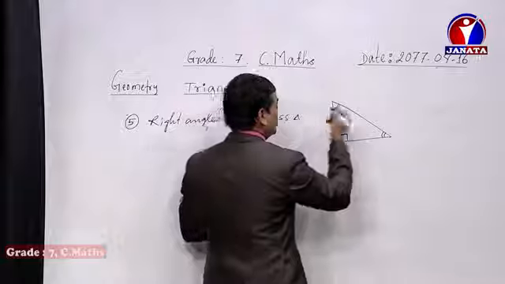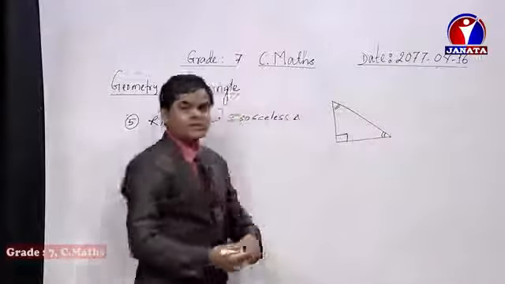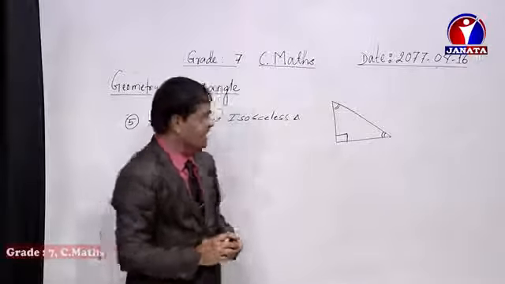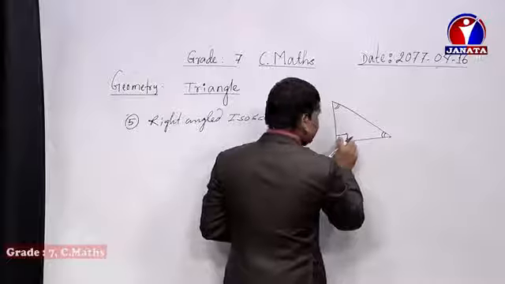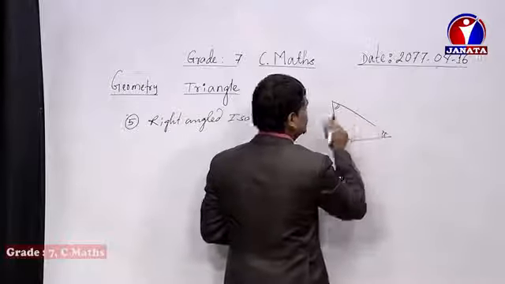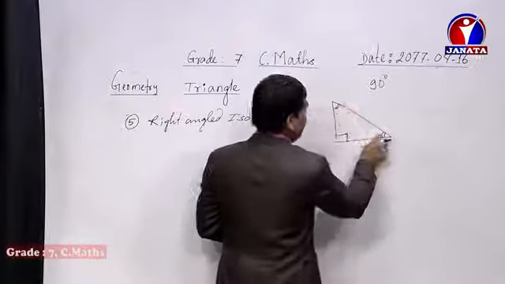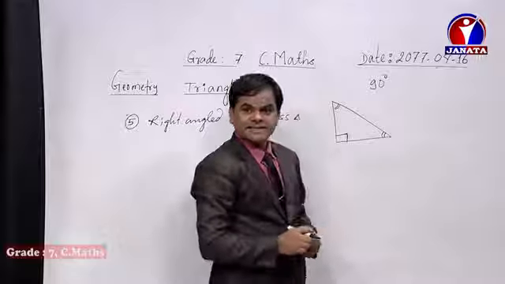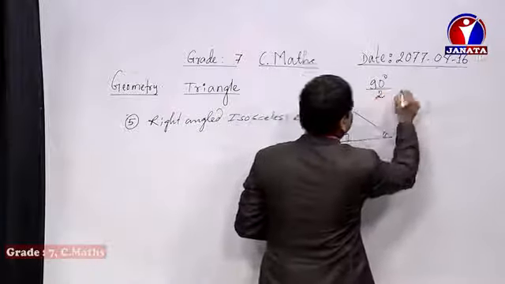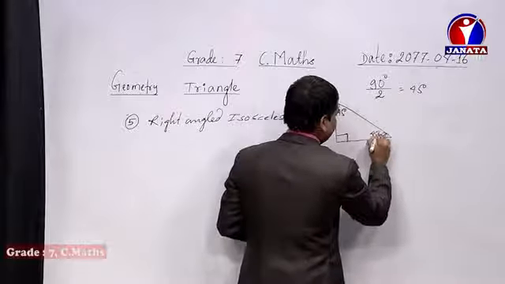At that time, dear student, if this one is 90 degree in a triangle, whatever the type of triangle, the sum of the angles of the triangle will be 180 degree, isn't it? As a result, if this one is 90 degree, combining together the measures of these 2 angles also becomes 90 degree, the remaining 90. And these 2 angles carry 50% of the 90 degree value, that means half. Because of that reason, divide by 2, it equals 45 degree. It means this one angle becomes 45 degree, this one also becomes 45 degree.